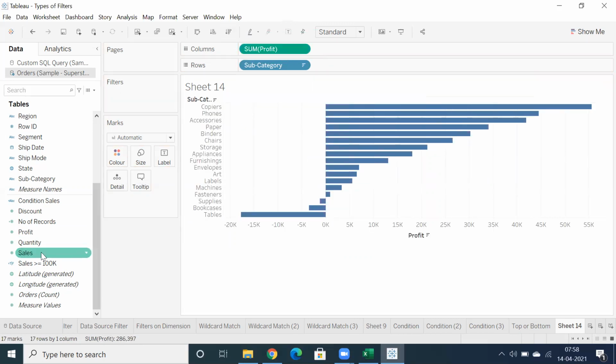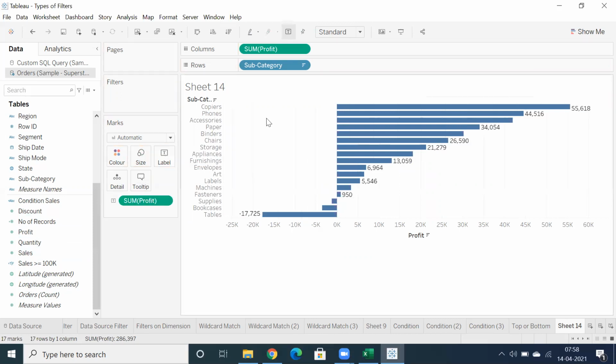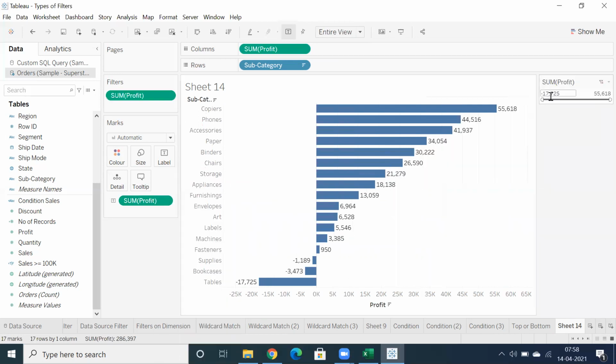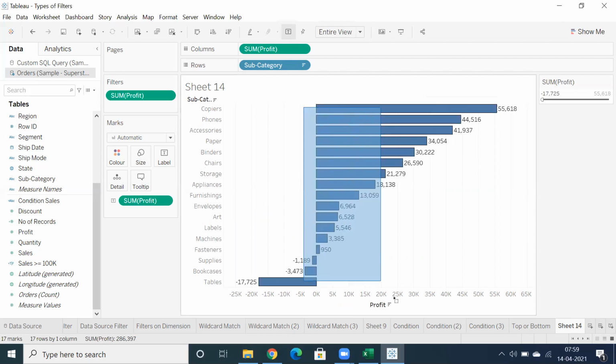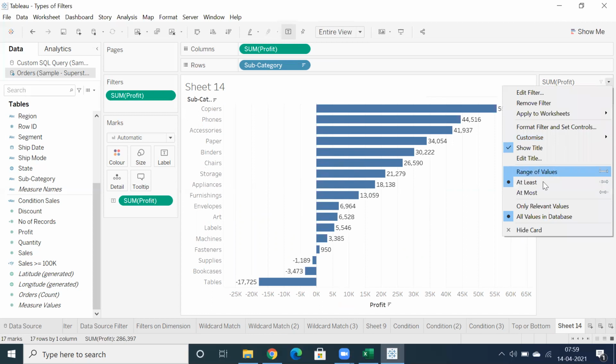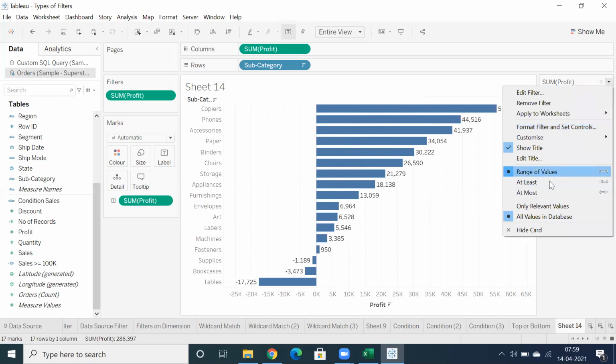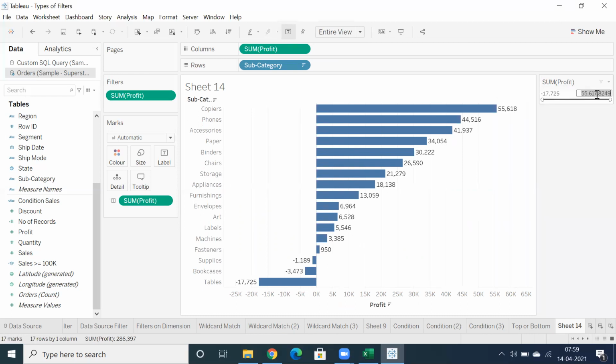You understand, right? So the issue is basically for at least, I'm not able to see a few of the records. So you have this minimum value minus 17K, so minus 17,000 to 55K. That's a range of values. You can provide minimum and maximum. Let's select at least, if anything goes wrong. Now you can see here, right? It doesn't change anything. So when you go for at least or range of values, the only point I want to showcase is that when you use range of values, you have a flexibility to select minimum and maximum. But when you select at least, okay, so now you have to go for only minimum value.